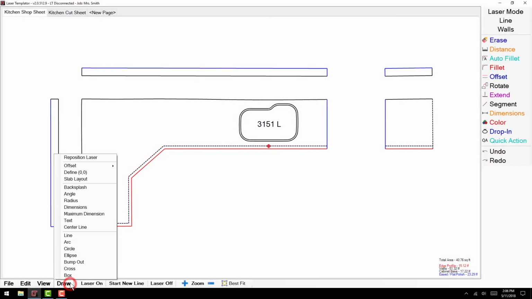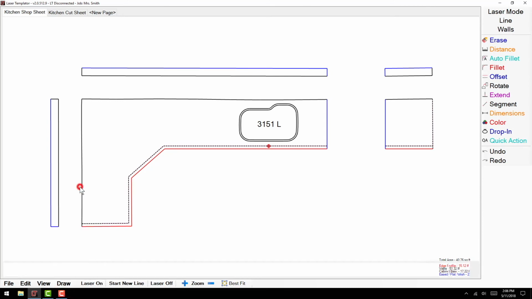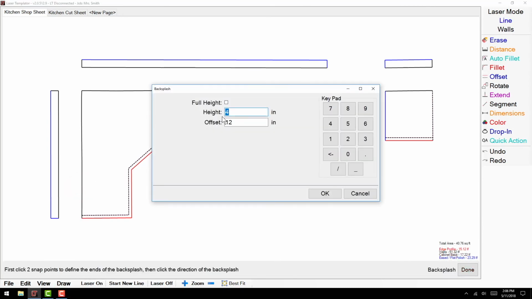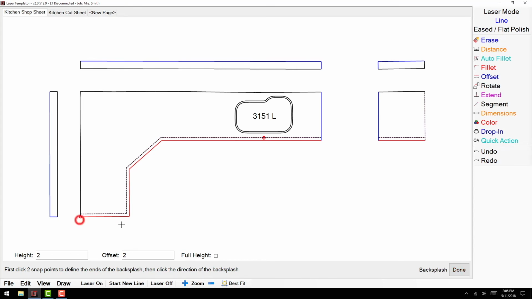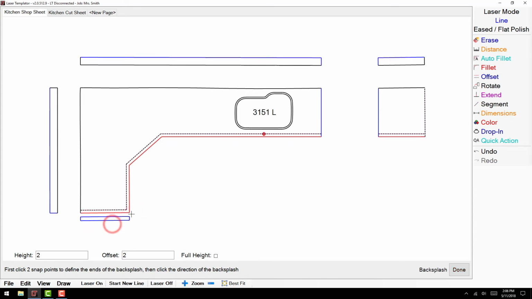You can use this same function to create drop edges. Set the height to the amount of stone you want to add to the front edge. For example, if you have a 2 cm material and want it to duplicate 3 cm, cut a 1 cm piece to add to your front edge to create the 3 cm look. Select the ends of your front edges and then click in front of this edge to create your drop edge